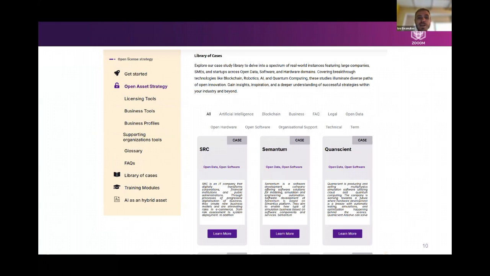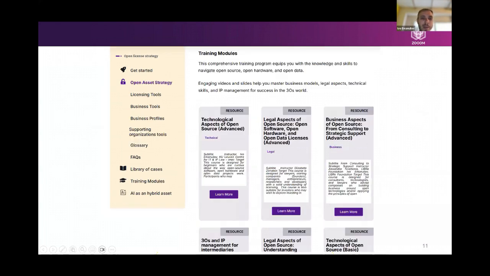And then the library of cases, you can see we have categorized these on the basis of technologies, but also on the basis of domains of activity, such as, for example, in the legal domain or in organizational support, technical or specific technologies such as, for instance, artificial intelligence. And then the training modules, so they range from very basic modules across three categories, so technological, business, and legal,